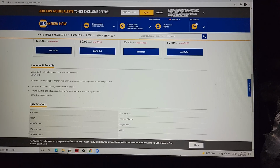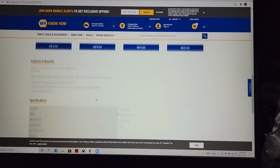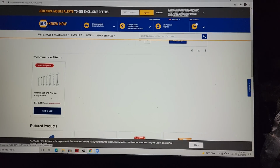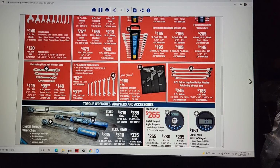Let's see. Warranty, manufacturer, Carlyle Tools. Yeah, right. So they don't give us any type of country of origin. Once again, Carlyle's a little bit new to the tool game. Napa is. They're getting into this, and I think they're not quite up to speed that some people really want to know that stuff. Some people don't care, but